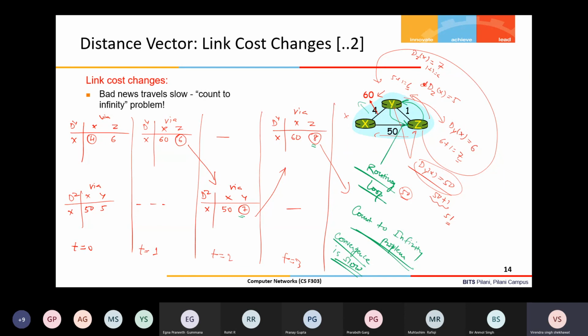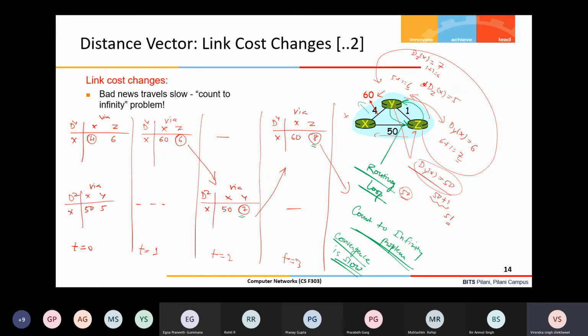This problem is due to partial information. When Y is receiving this distance vector from Z, Y doesn't know that Z is calculating the least cost to X via Y only. Similarly, Z is also not aware that whatever cost Y is giving is via Z to X only.